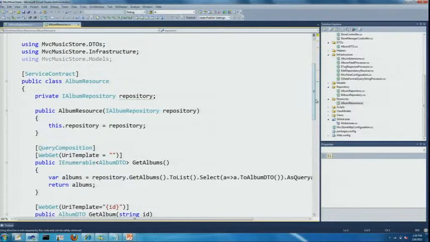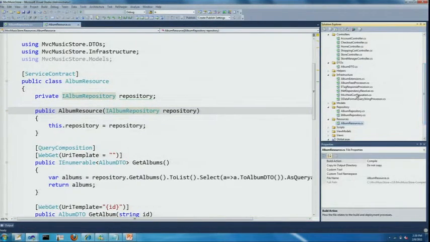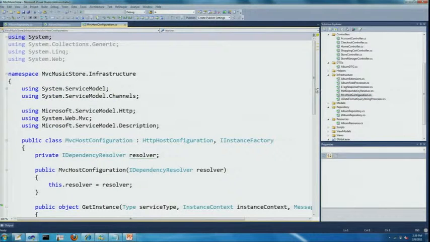So we're actually doing a bunch of work investigating, providing a nice way for you to work with inversion of control containers with WCF. And if you go into our Codeplex bits on wcf.codeplex.com, you'll see that we've introduced this configuration class, as I mentioned.